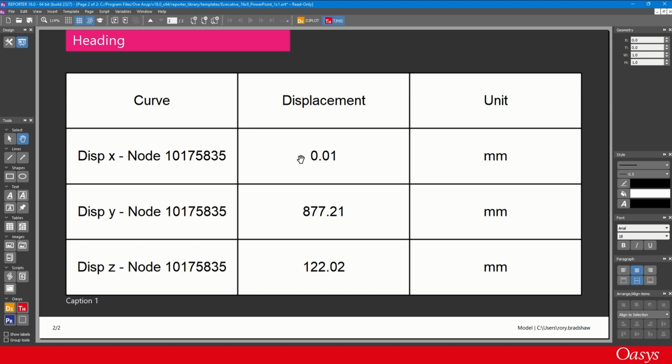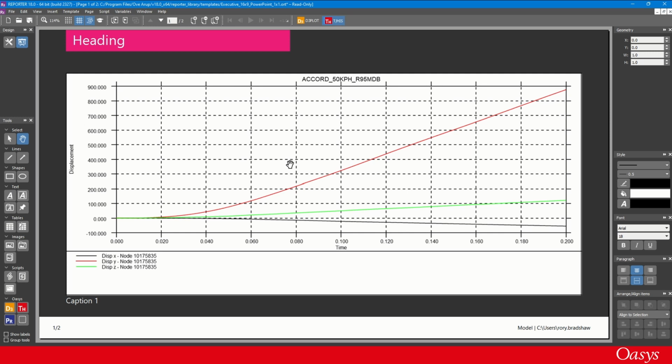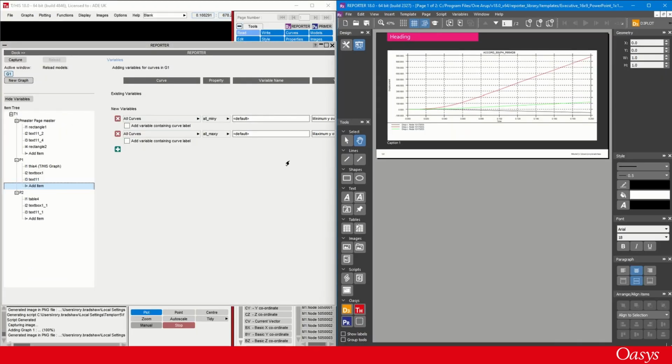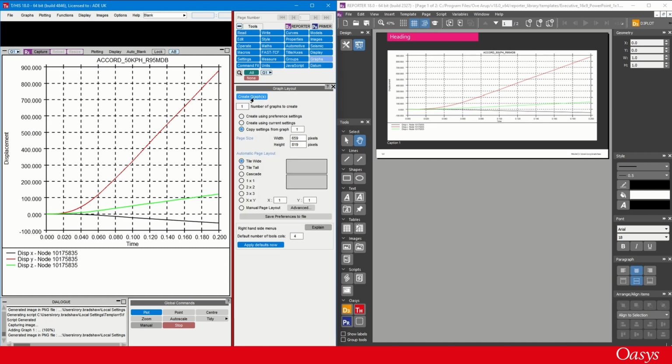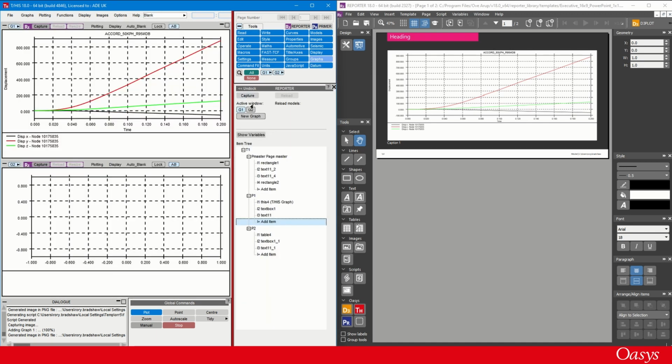Now I could of course create a JavaScript item to square all of these values and sum them and then take the root to get the resultant. However, I'm going to show you how you can also do that via THIS. So if we come back to the first page and then we move it across to the right hand side now, I'm just going to redock this. I'm now going to create a new graph, so I'll click on graphs and just copy from graph 1, creating a new graph,